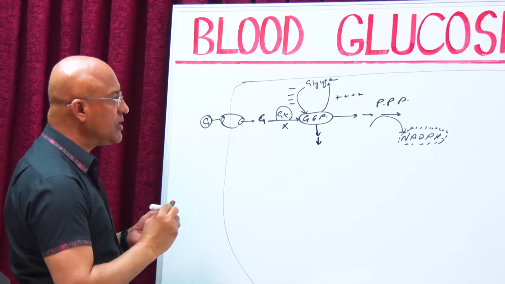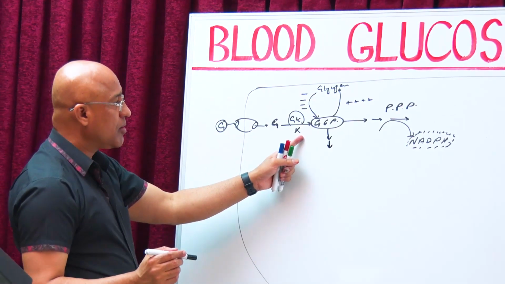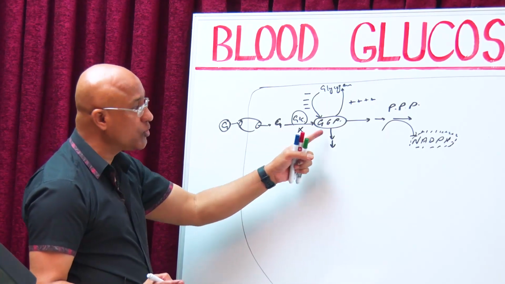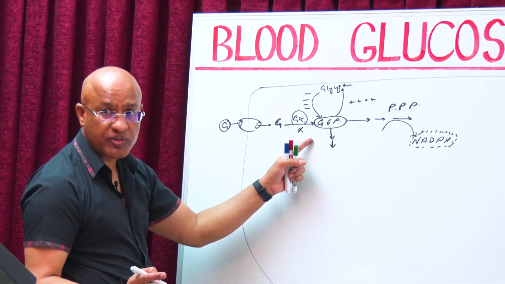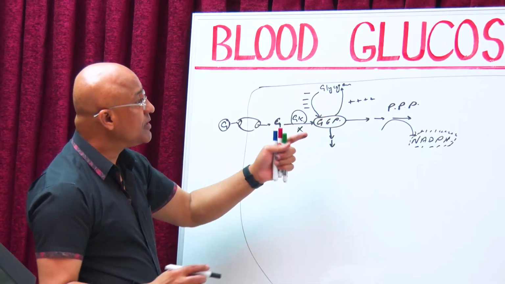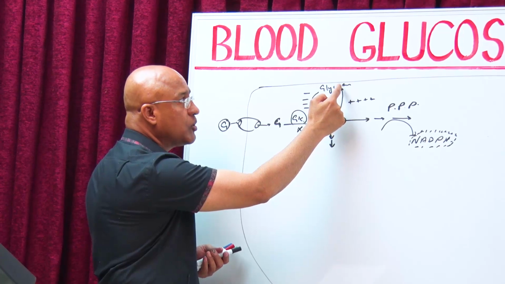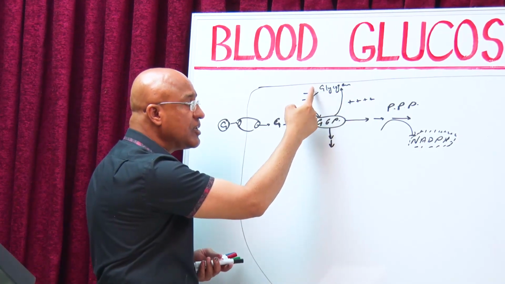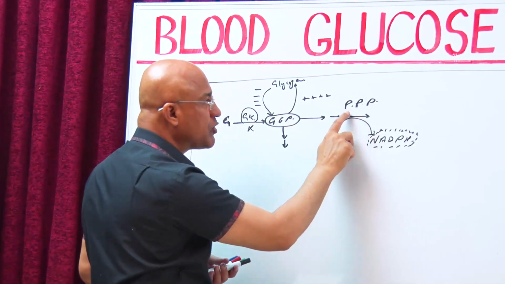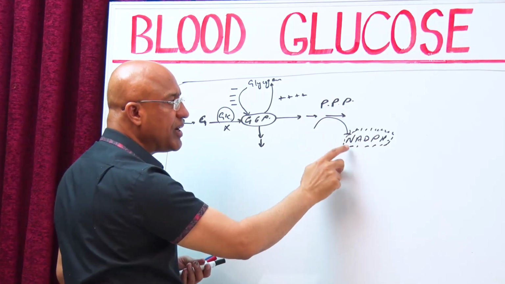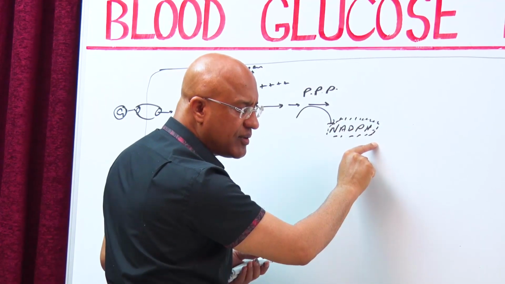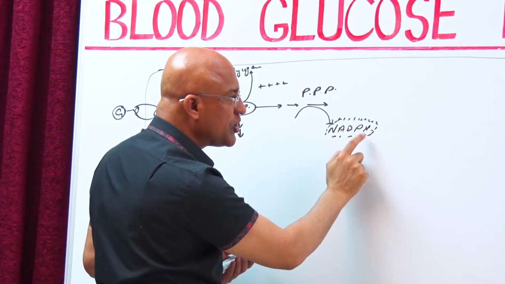Up to now, insulin has increased glucose uptake, but not by inserting GLUT2, but by converting the glucose into glucose 6-phosphate and keeping the intracellular glucose concentration low so that external glucose can come in. Insulin has increased glycogenesis and decreased glycogenolysis. Insulin has activated the pentose phosphate pathway in such a way that there is more formation of NADPH, which will later be used to synthesize fatty acid as an energy source.